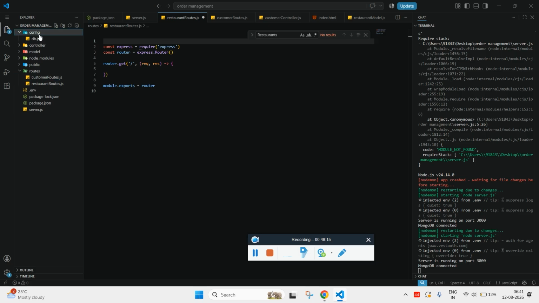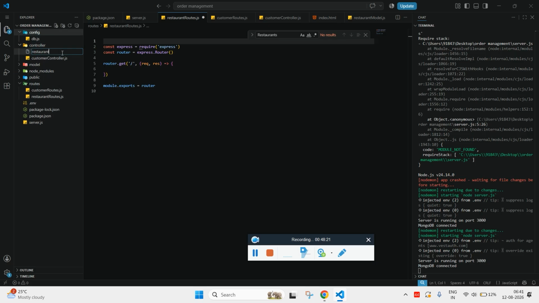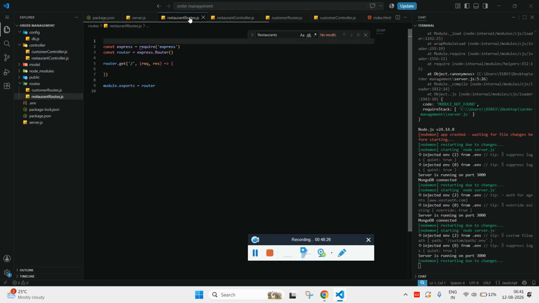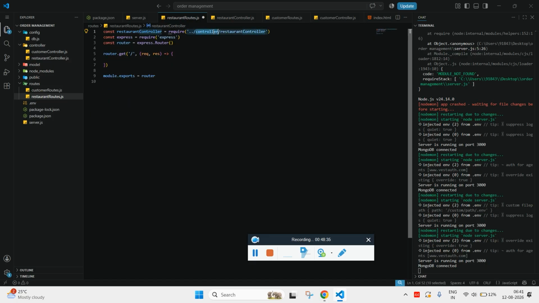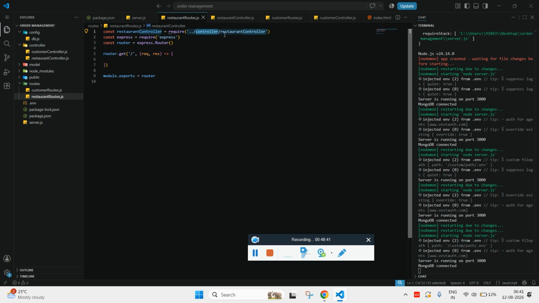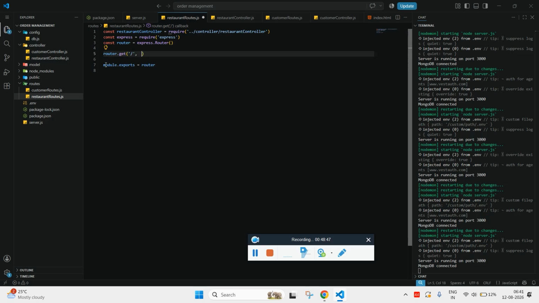and a new file called restaurant controller.js. We need to call that over here, const restaurantController, and we are properly connecting our controller to the route. In this place we need to give the controller name, and getAll controller is the function that is responsible for